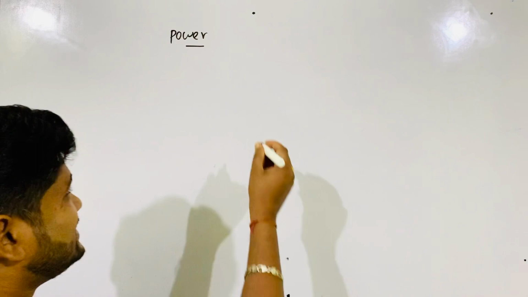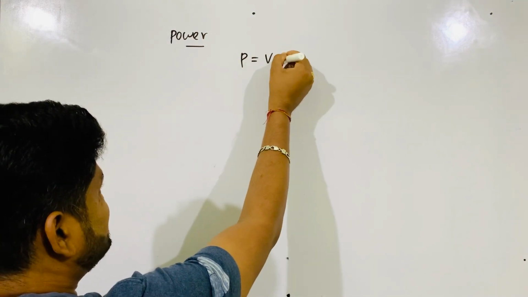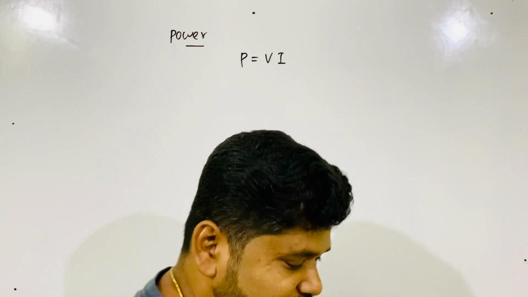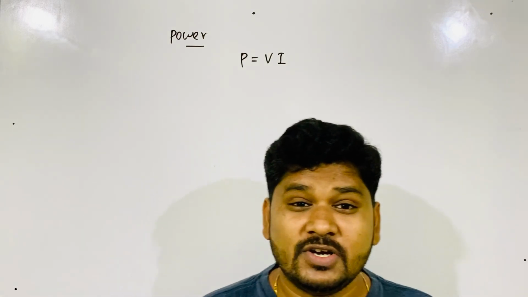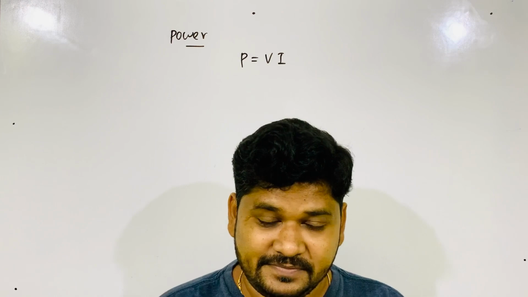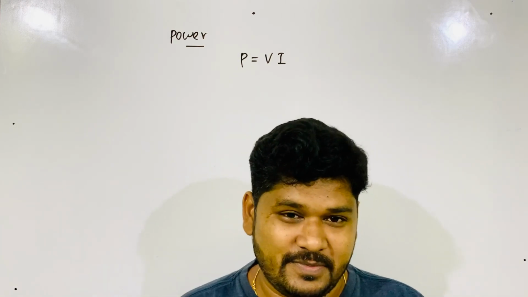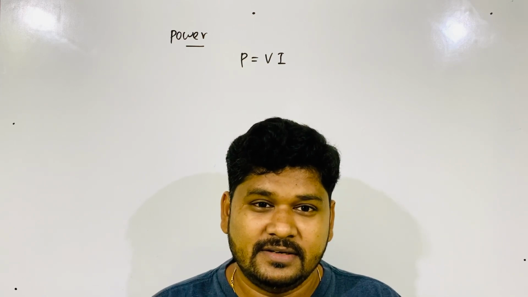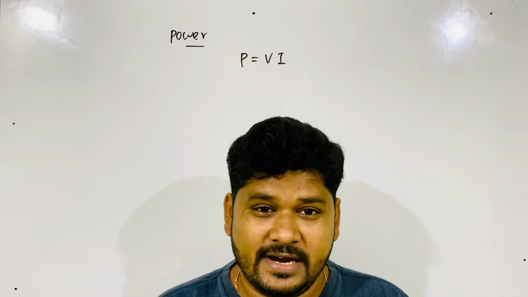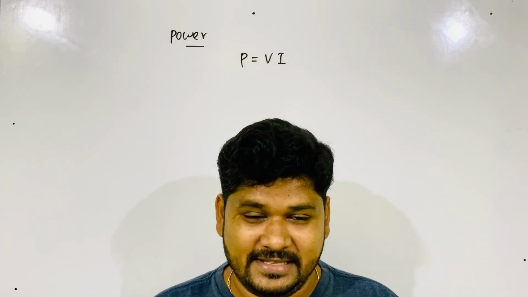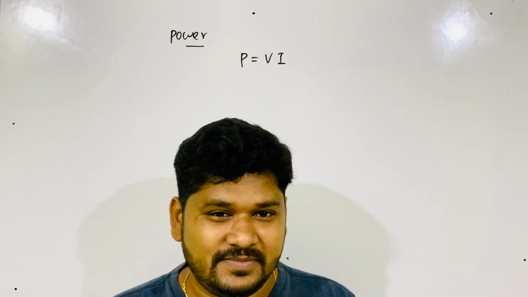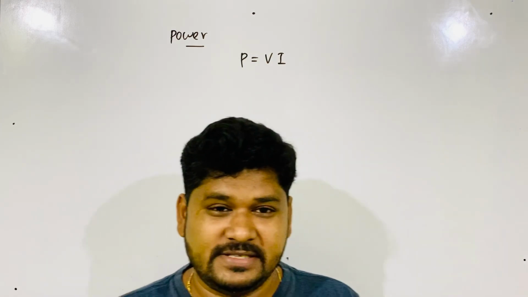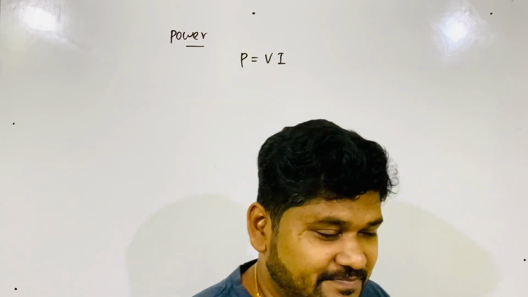What was the formula? Yes, you are thinking this answer. P is equal to VI, means power is equal to voltage into current. Is this the formula? Yes. Then what extra power will we discuss in this chapter? That means you have already read the power in current electricity. You are thinking like this. So now let's see why power is coming again in this chapter.